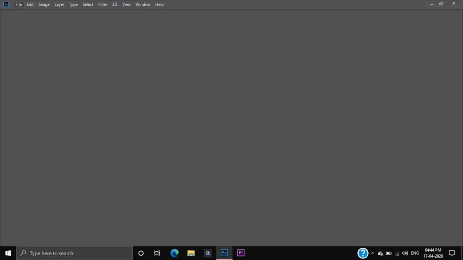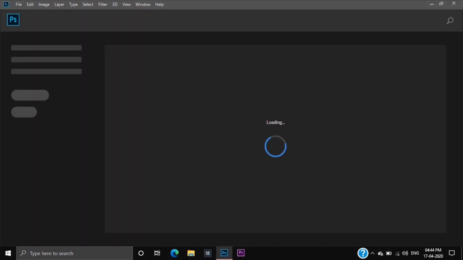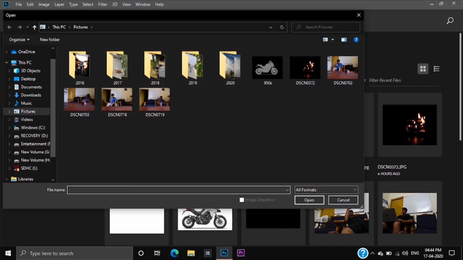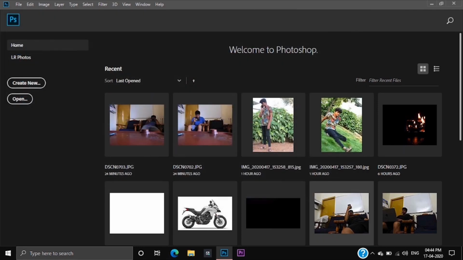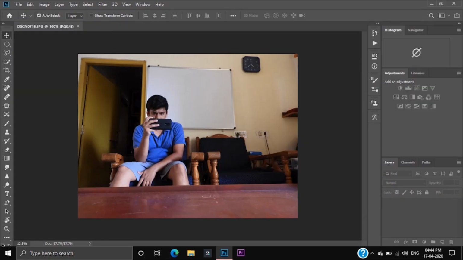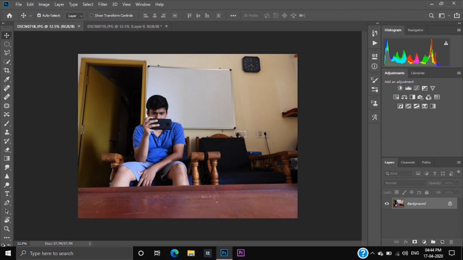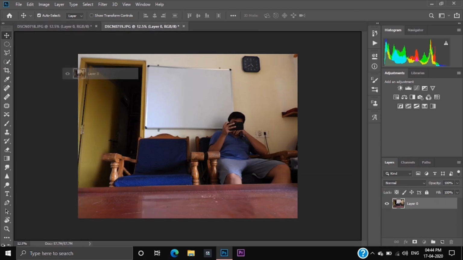Go to File, or okay, go to Open and select the two pictures. After that, they will open in two separate windows. Unlock the pictures from the layer. As you can see, there is a small icon. If you want to unlock it, press that. You have to unlock it, because only if you unlock it are you able to do editing.